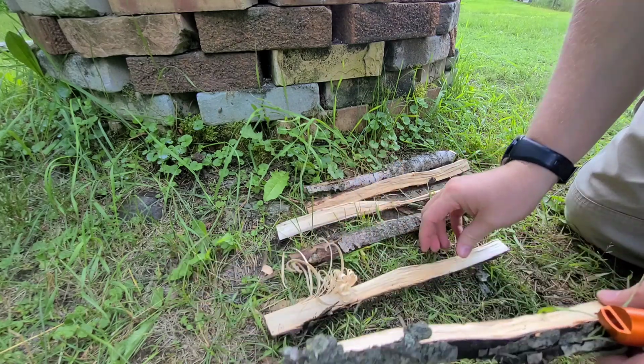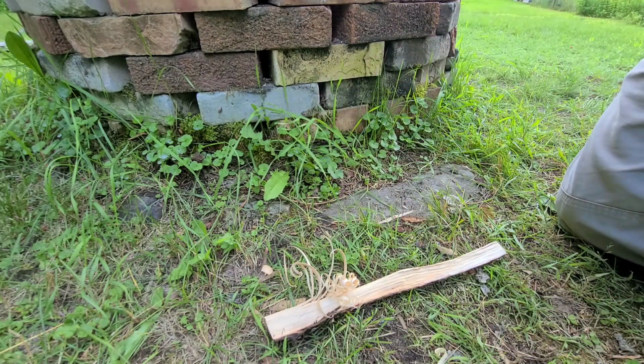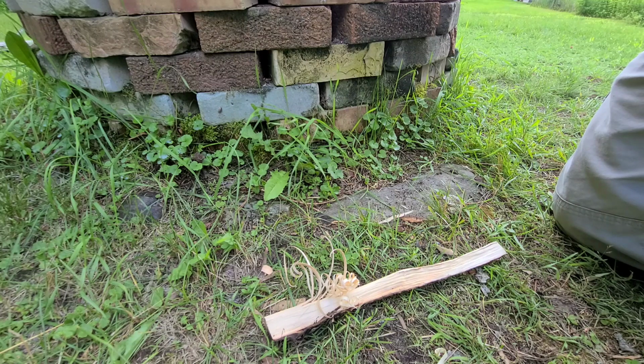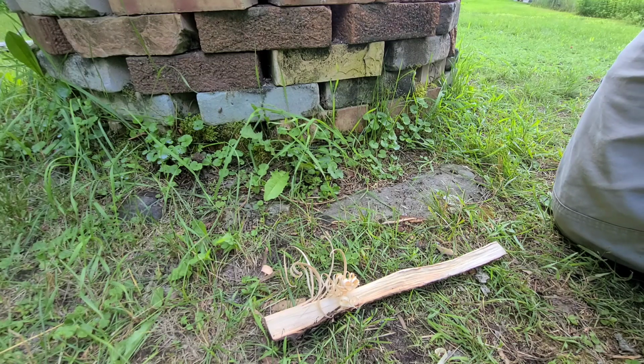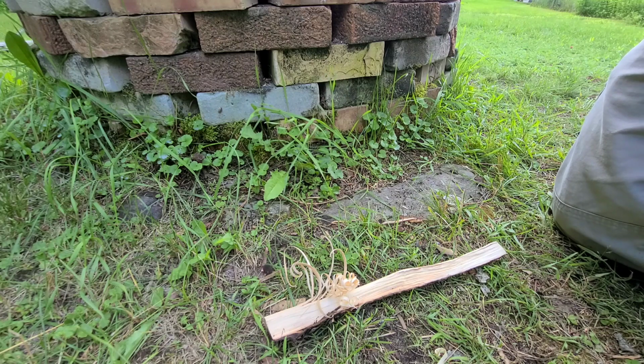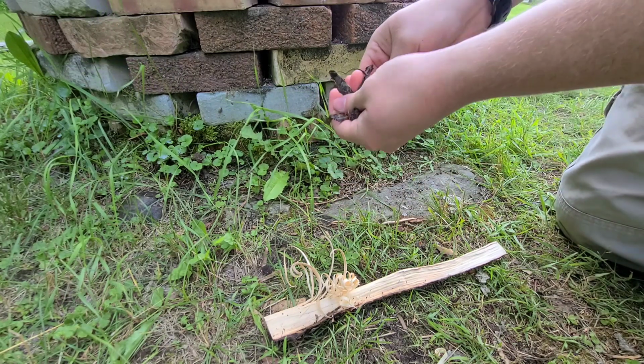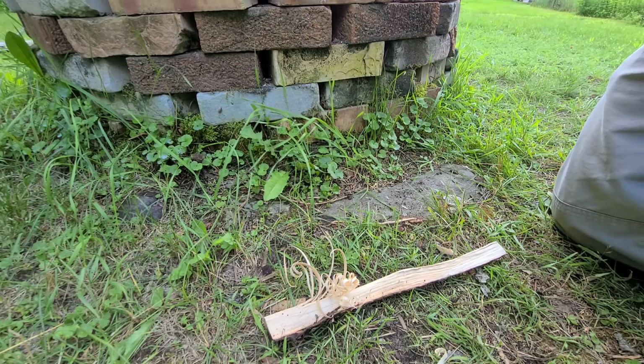I'm gonna just throw these. I mean, that might be normal. So I'm gonna throw these sticks up here, and peel the bark off. These are just popple, so they're gonna be pretty dry bark, although everything feels a little bit wet. It was raining last night. Alright, so I've got